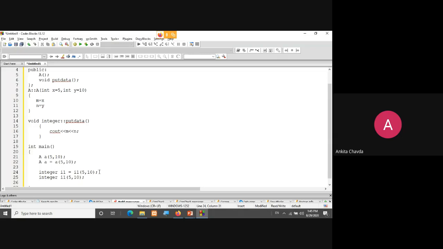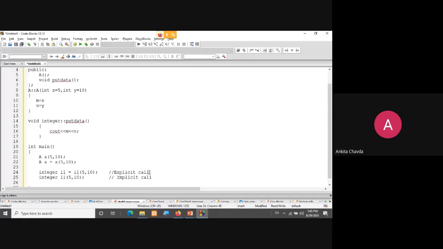You can use either of them, but this is known as the explicit call, and this is known as the implicit call. I used to have the practice of the implicit call, but you can even write the explicit call. Both are valid. Now see the syntax.